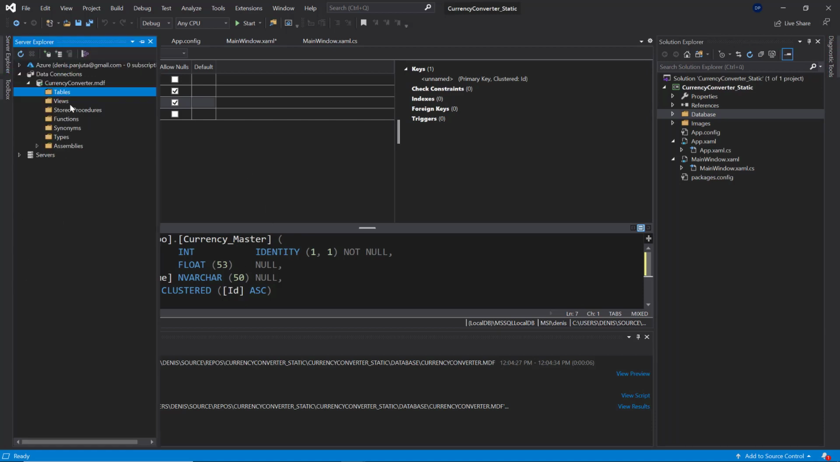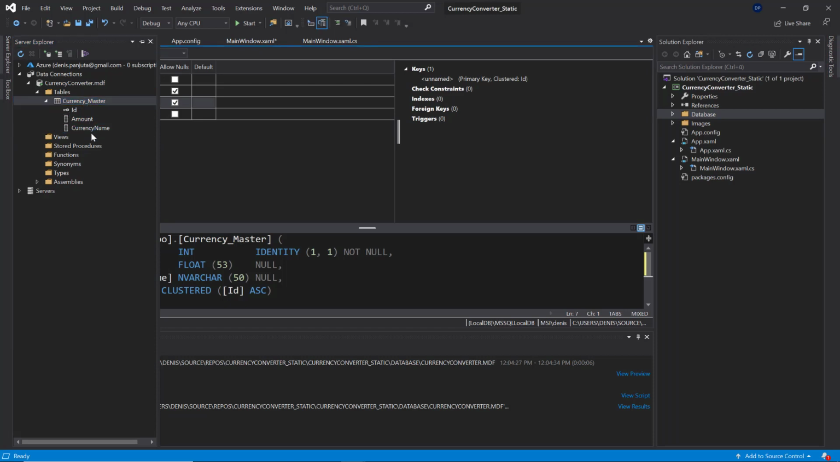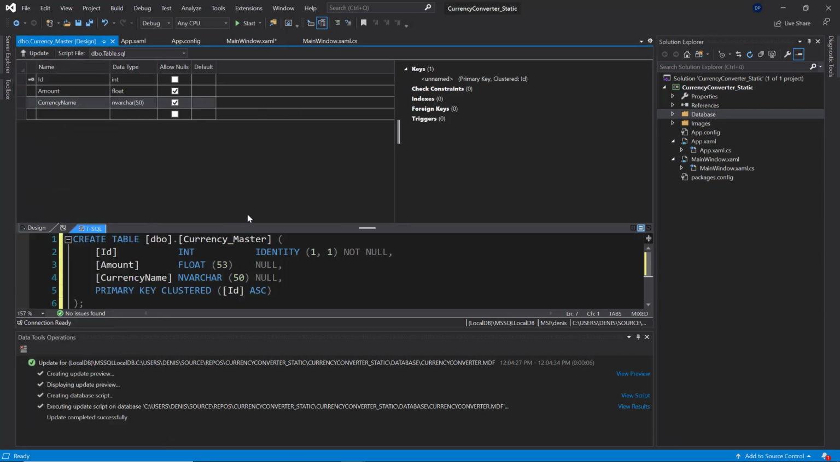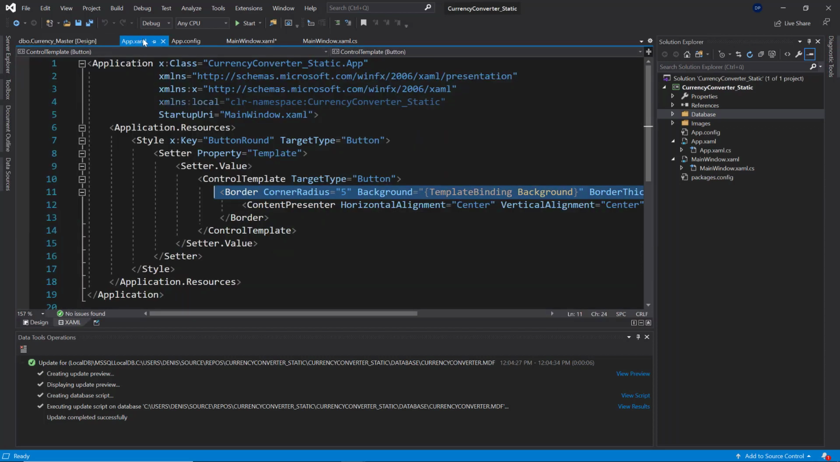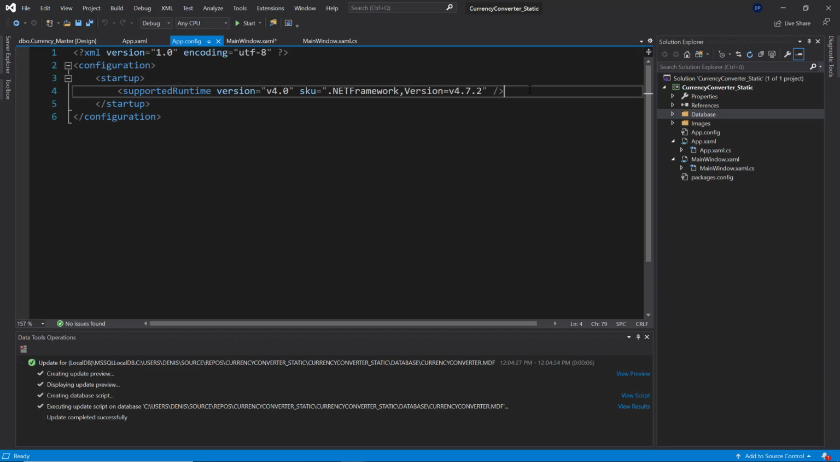Now, if you look at your Server Explorer and you refresh it now, you will see that now you have your currency master. Okay, your currency master has an ID, an amount, and a currency name. So these are the columns that you now have in your database called currency_master. And now we can access this currency master and we can fill it with data, which is what we wanted. But in order for this to work, we first of all need to make sure that we have a connection string. And therefore, we need to go to our app.config file,